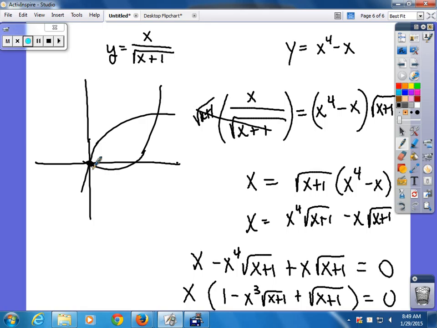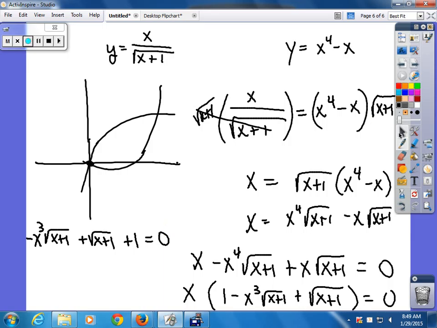And I'm just going to set this up: negative x cubed square root of x plus 1 plus square root of x plus 1 plus 1 is equal to 0. I would just go ahead and do a calculation, and that's where technology comes in, because that's going to be a mess to solve. So pull up your handy dandy calculator